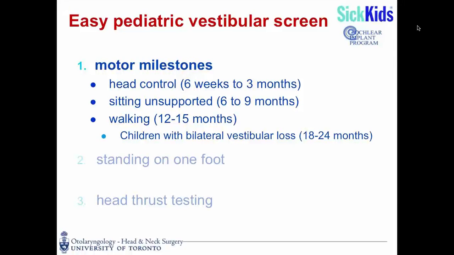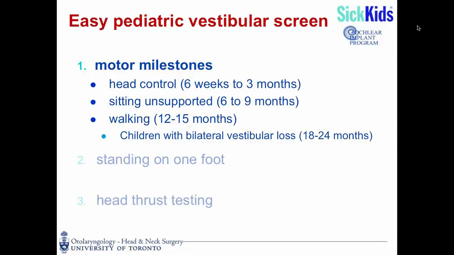18 and 24 months. Now, one of the things you'll notice is that when you ask families, especially those with multiple children, about the motor milestones, they often get confused because they can't remember who walked when and who was on time and who was a little bit later. But one of the things that is very obvious is that when a family has a child with bilateral vestibular impairment, they absolutely remember when it was that these children hit all of these milestones. And the minute you ask any one of these questions, it'll really open the floodgates to a whole host of